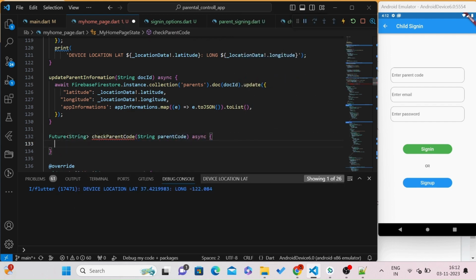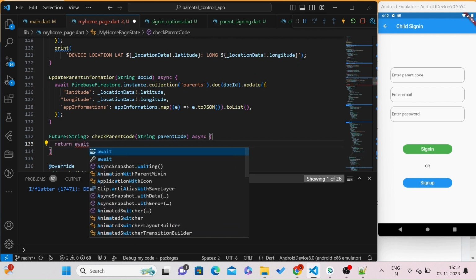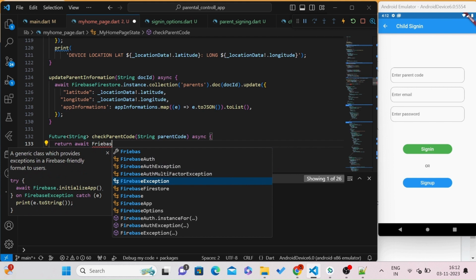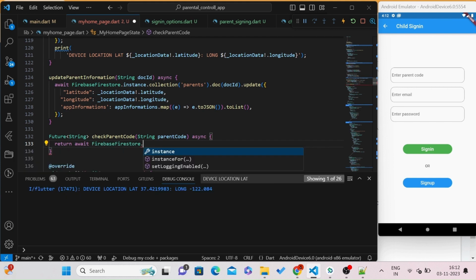Here we are going to return instance dot collection